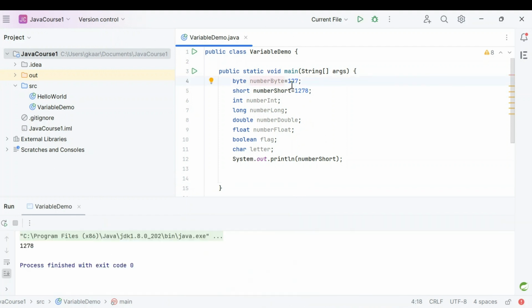So instead of using a byte, you can use short to handle a slightly bigger number than that. And suppose you wanted to handle more than this, your short is not going to allow it. So in that case, you can go for int. And here, I think the maximum number it was supporting is 32 something. So let's say I put num short, and let's print this thing here. And what do I have? I have number int,